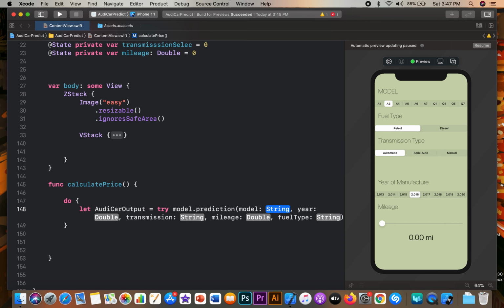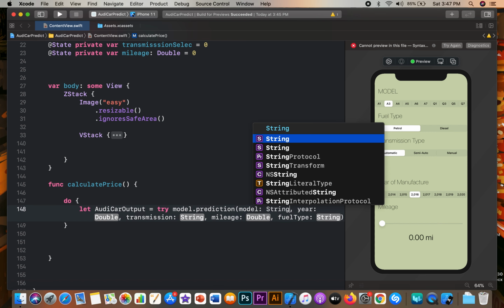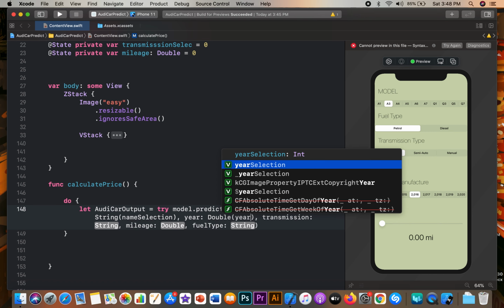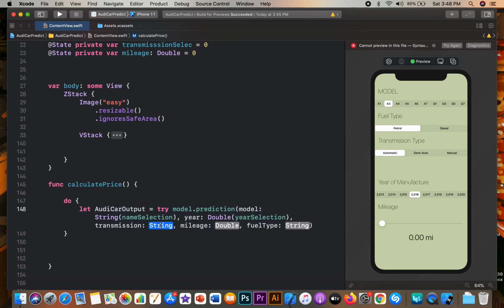which is kind of a structure since it has an initializer of its own, and it's asking us to write down the different values. Since it's of type string, we can just use string, and inside brackets we can give out the state property names that we have used, which actually refer to the values.